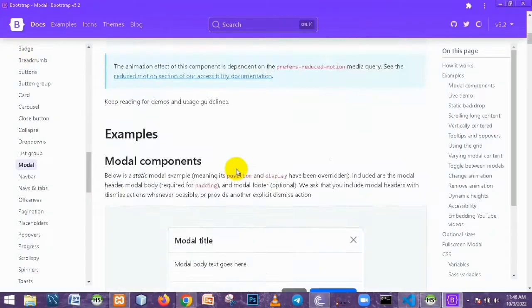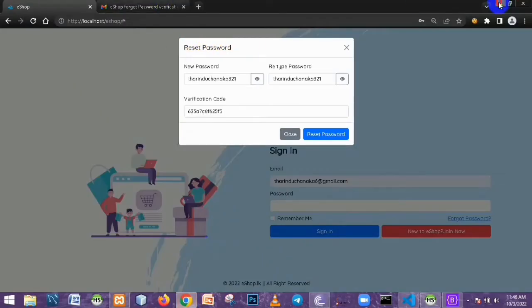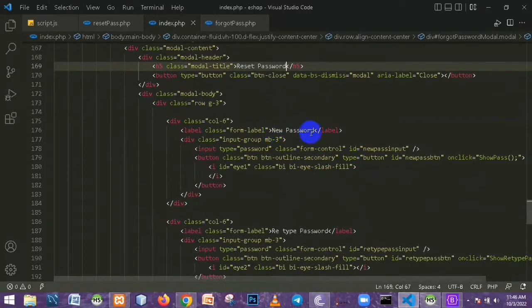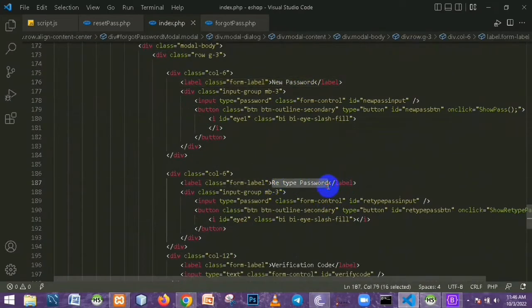It names the modal title. You can see there's a modal title. I change my modal title to Reset Password. Now you can see the title says Reset Password, and I also change this for my new password field, and I also change this for my retype password field, and I add the